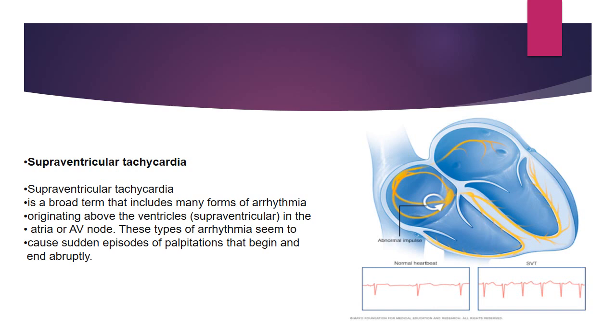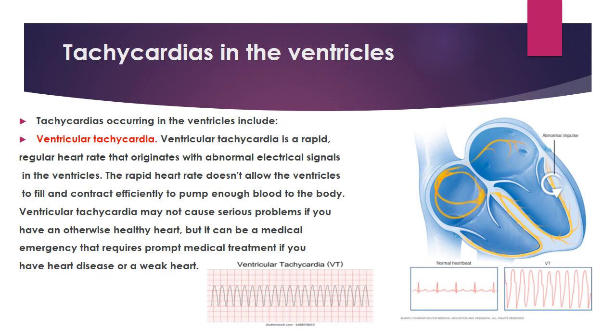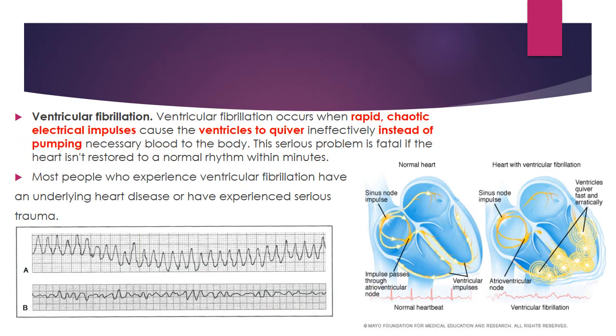Another kind of tachycardia also originates with abnormal electrical signals, so there is no proper pattern of the signals traveling. The rapid heart rate does not allow the ventricles to fill and contract effectively. It is only quivering, and eventually it is going to lose a lot of energy. The heart is eventually going to become quite weak, and there is going to be decreased cardiac output. In the ECG representation in this picture, the normal heart rate looks like this, whereas in a ventricular tachycardia it is just like a waveform, but you see that the waves are regular. That is called ventricular tachycardia.